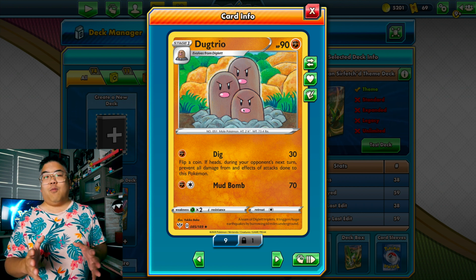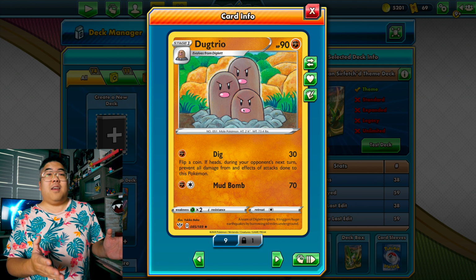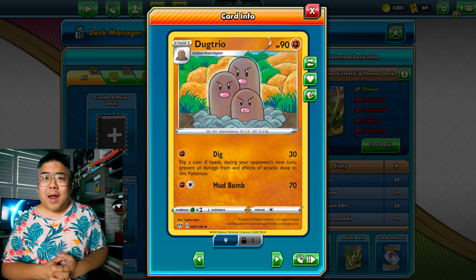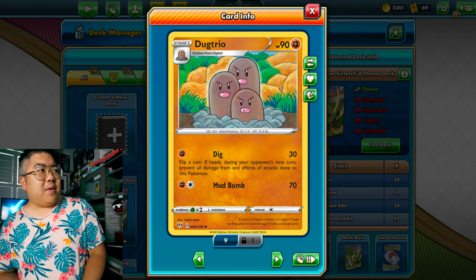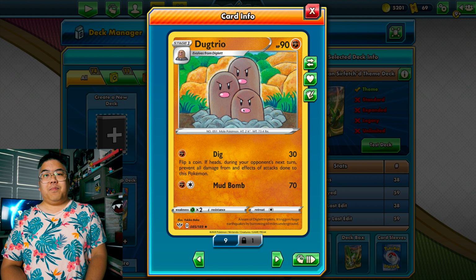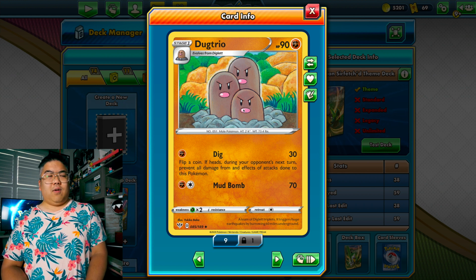It's very Rapidash-esque. There's Rapidash in the other decks, although Rapidash is better. So this is like the poor man's version of Rapidash. Rapidash deals 60 damage, whereas Dig only deals 30. So not nearly as good. It would take Dugtrio a lot more time to actually take out other Pokemon. However,